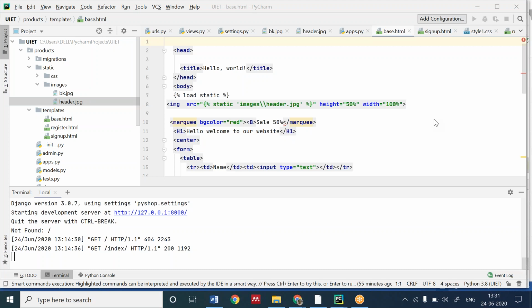Actually, I'm not able to minimize my screen, the chat box screen. I have the presenter screen and I'm not able to minimize my chat box.